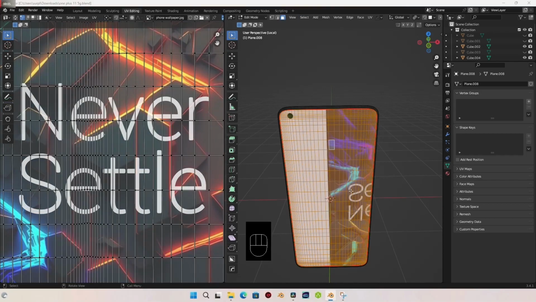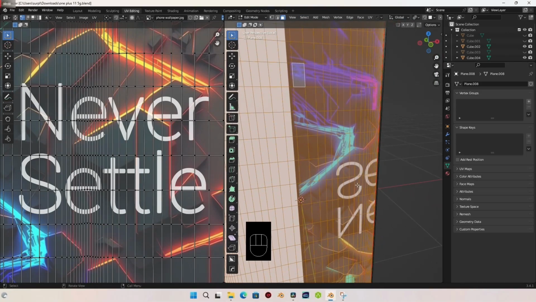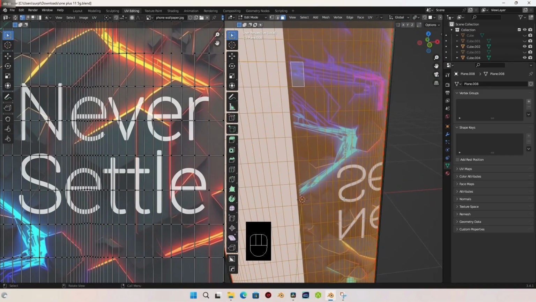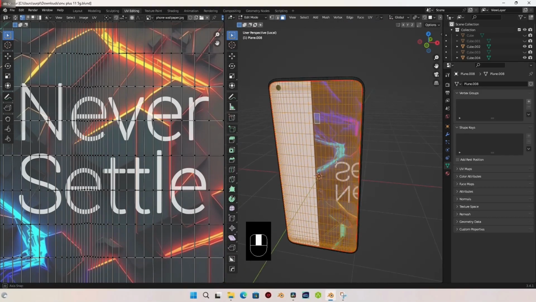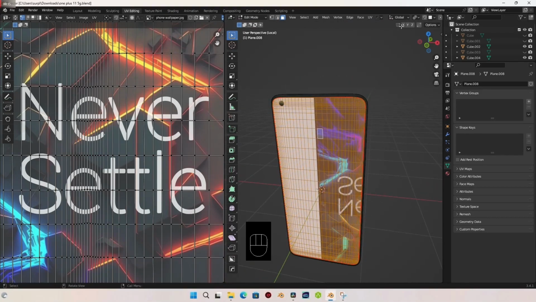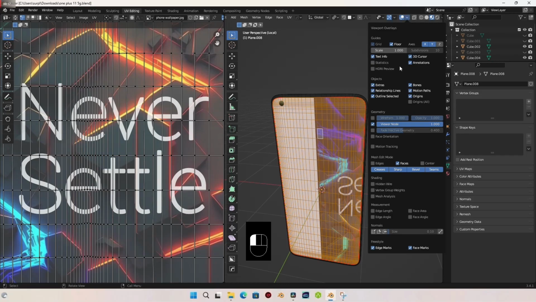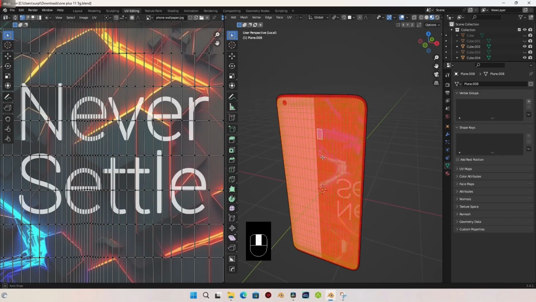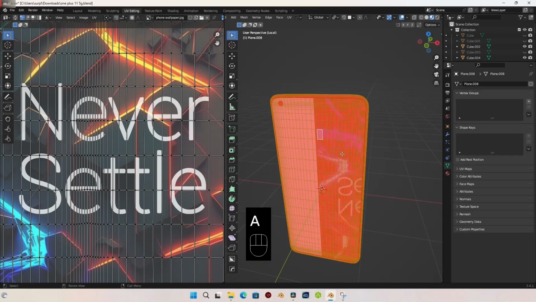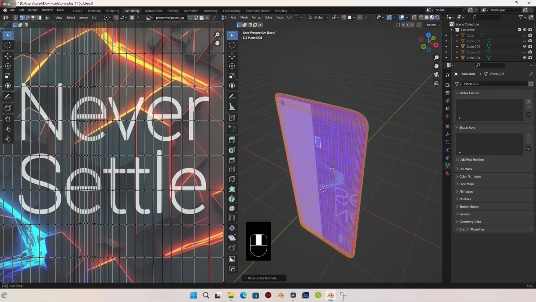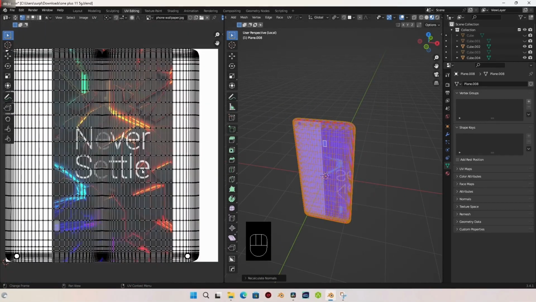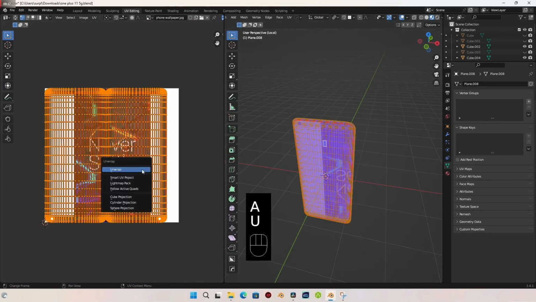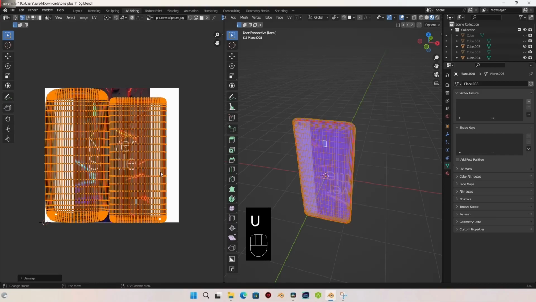You can see the text here is upside down, and that's because the normals of the screen have been inverted wrongly. Let me show you. So you can see the whole screen is red, and that's because the normals are not pointing the right direction. So let's fix this by pressing A to select everything, and let's press Shift N to recalculate, and now everything is blue. Okay, so let's come over here, press A to select everything, U, and let's unwrap again,